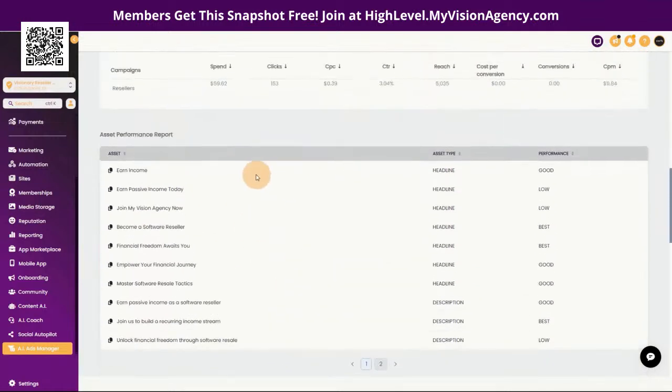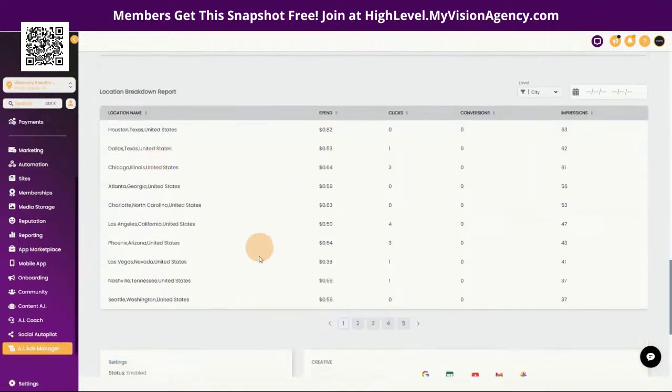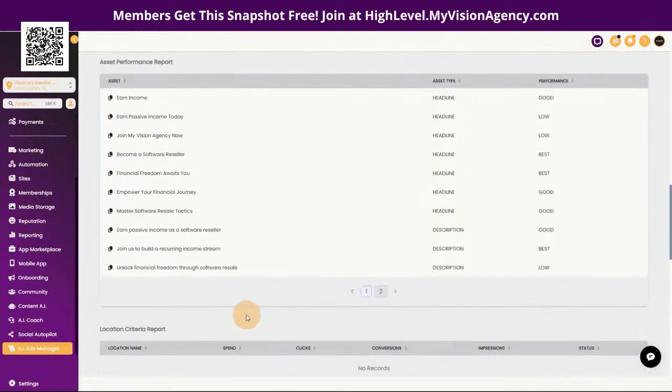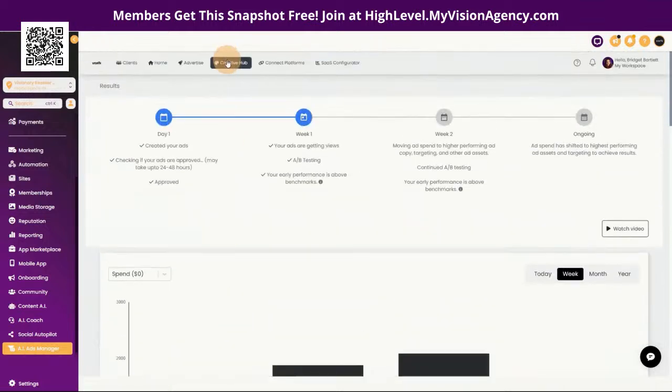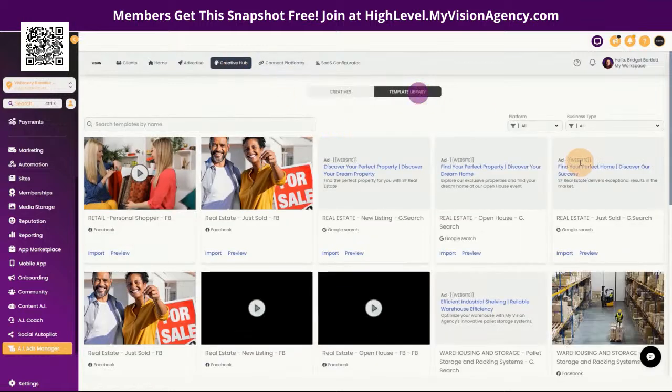You'll be able to break down the headlines that AI creates for you and even a location, and then you can see an overview of your ad, and if you did need to pause it, you could do that, okay? Now, when you are creating an ad, like I said, let's go to the template library,